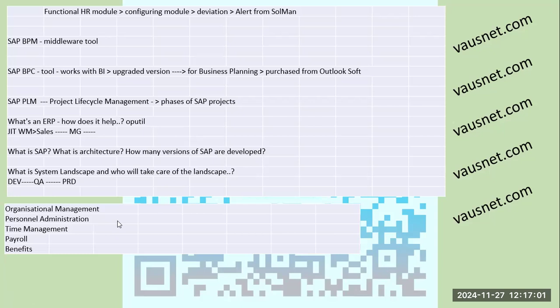So now that we have a fair understanding of the architecture, the implementation methods, methodologies, and phases, what we are going to cover in HCM is organizational management, personnel administration, time management, payroll, and benefits. Okay, 5 to 6 modules